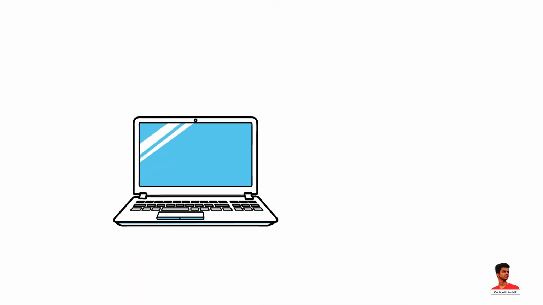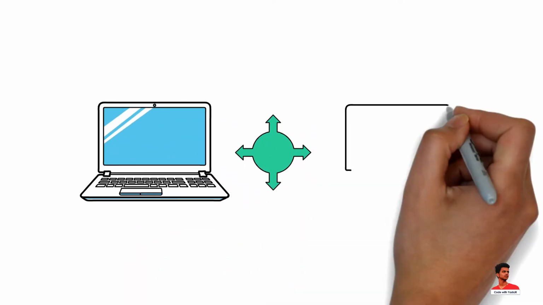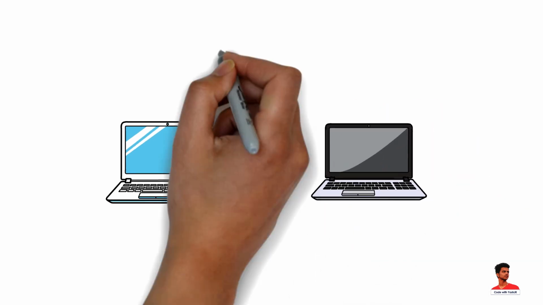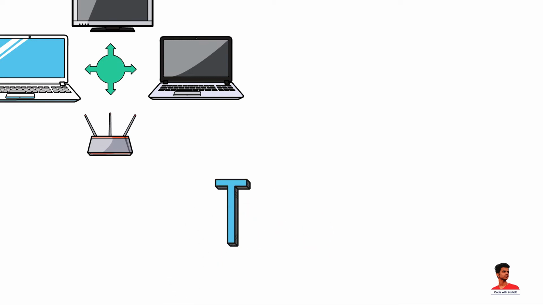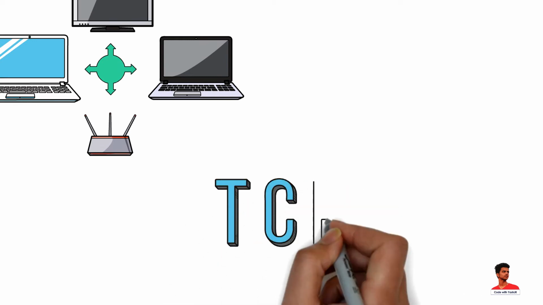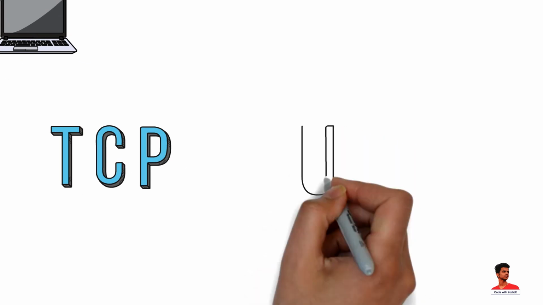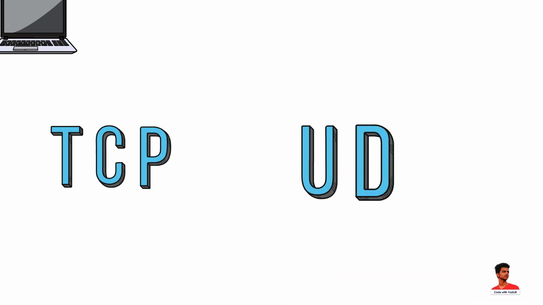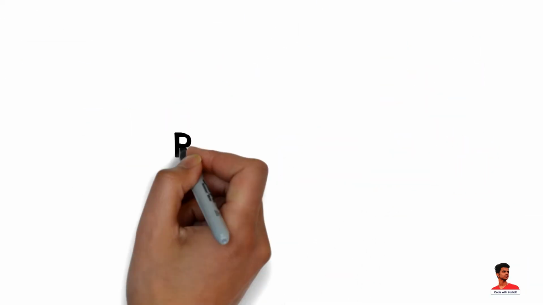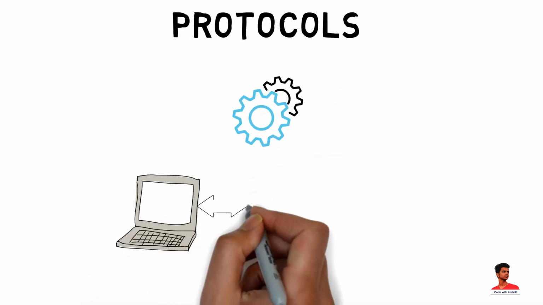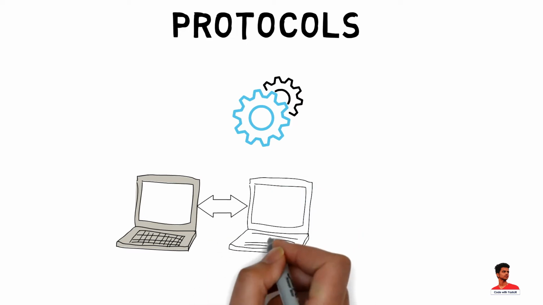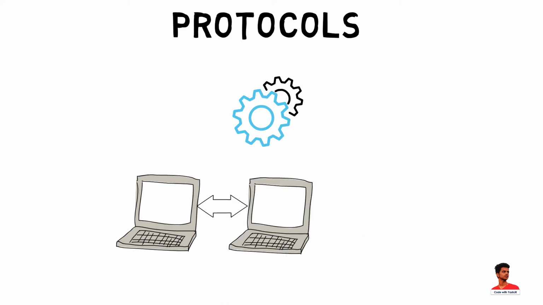Java networking is a concept of connecting two or more computing devices together so that we can share resources. Computers which are running on the internet communicate with each other with the help of either Transmission Control Protocol, that is TCP, or the User Datagram Protocol, that is UDP. Protocols are the set of rules and regulations to transfer data from one computer to other in the network or internet. When a programmer writes a Java program which communicates over the network, he or she is programming at the application